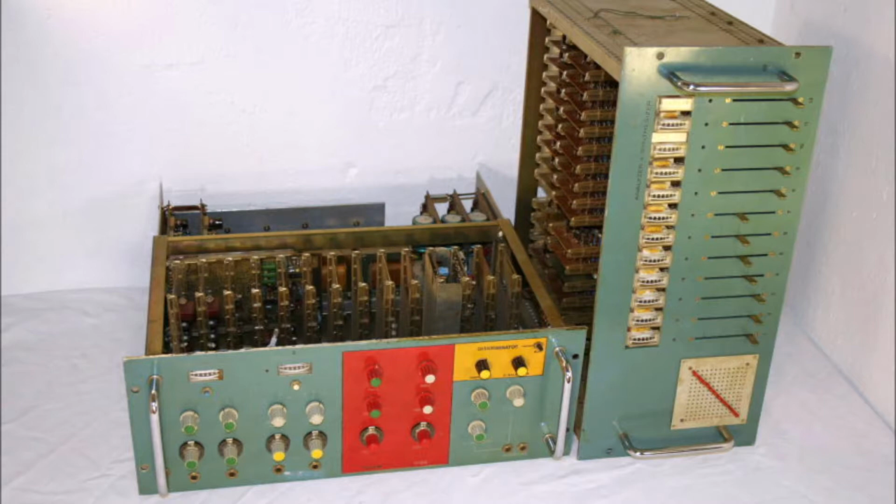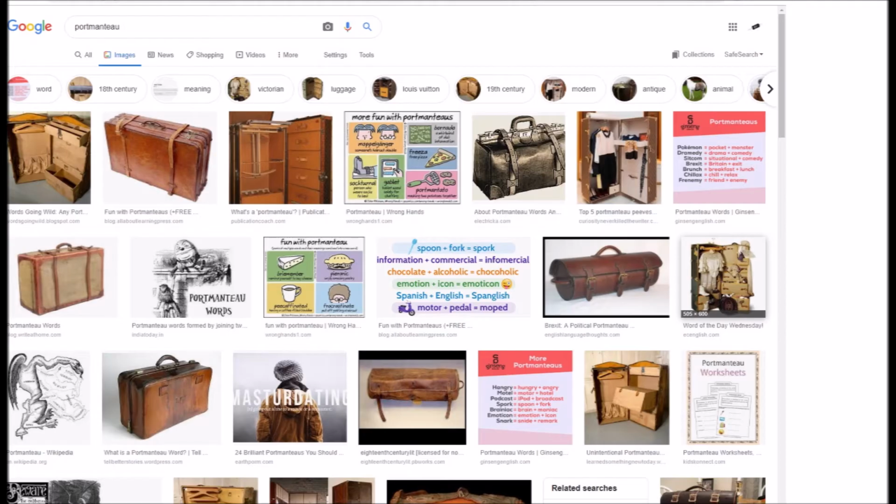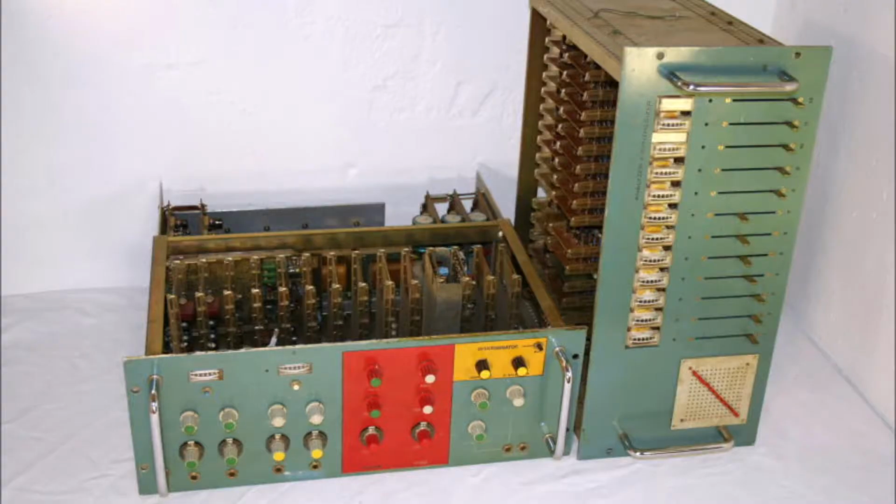A portmanteau is a large trunk or suitcase, typically made of stiff leather and opening into two equal parts, and maybe it's a figure of speech. It's a word blending the sounds and combining the meanings of two others. For example, motel, from motor and hotel, or brunch, from breakfast and lunch. Okay, so a vocoder is like a combination word. Okay, a vocoder,